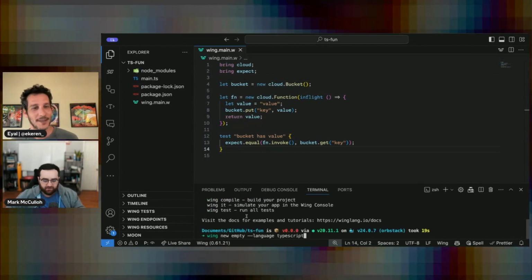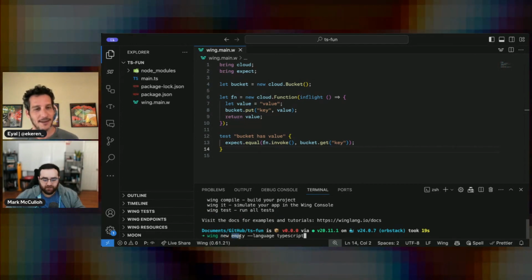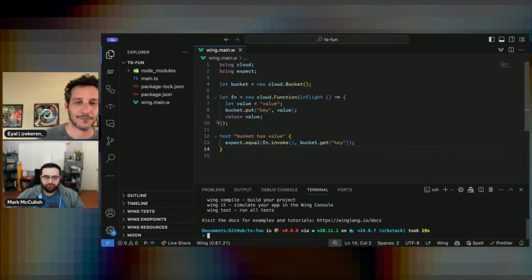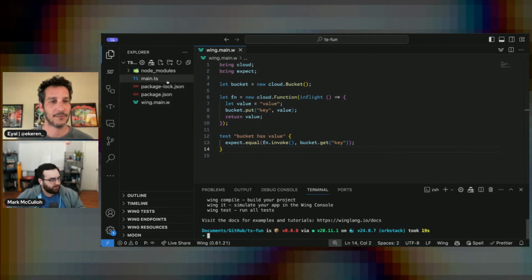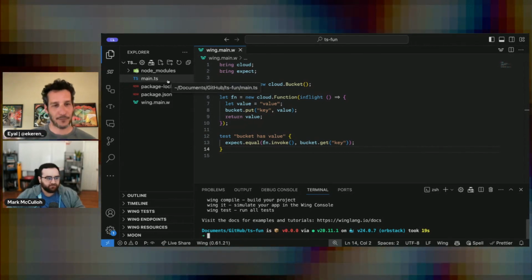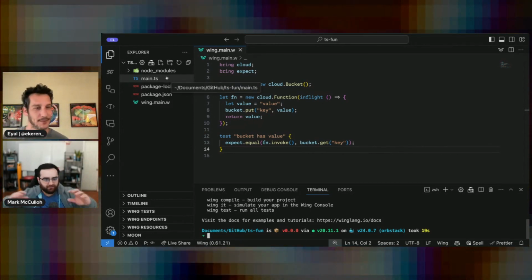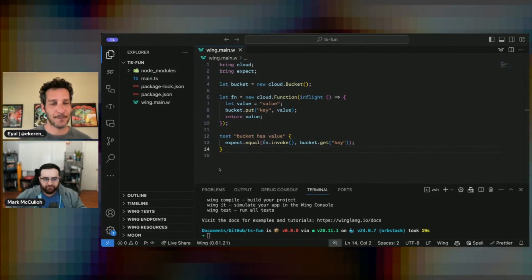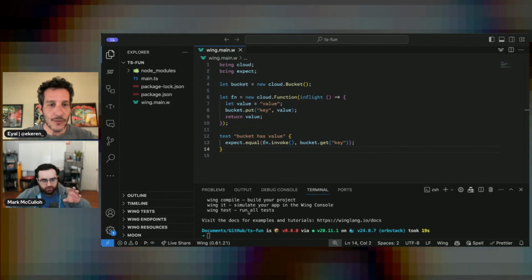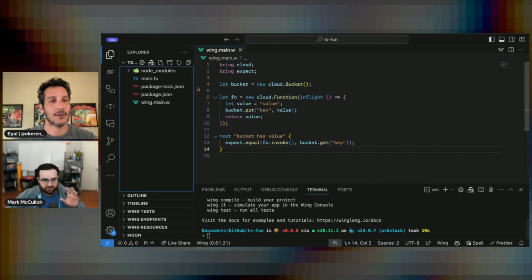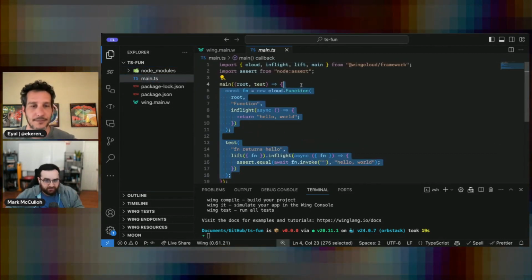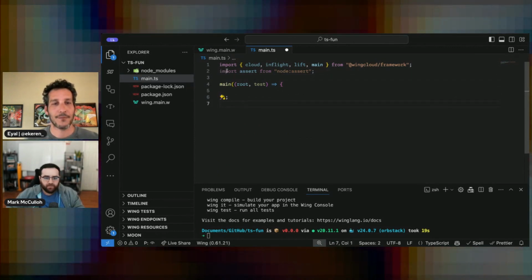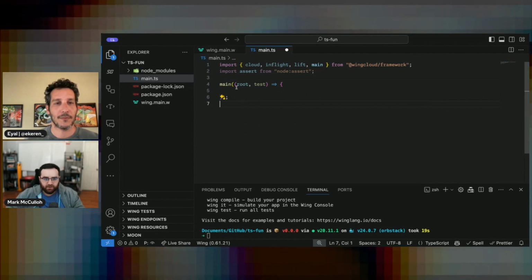So to start out with, I ran the Wing new command to generate an empty project, but I specified the language as TypeScript. I should say that this feature has been out for quite a while now. I haven't covered it in any of the changelogs yet, in preparation for talking about it more holistically. The new empty template created a bare bones TS file. I'm going to delete what's in it so we can start from scratch and recreate our Wing file.